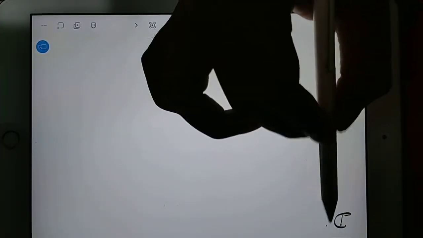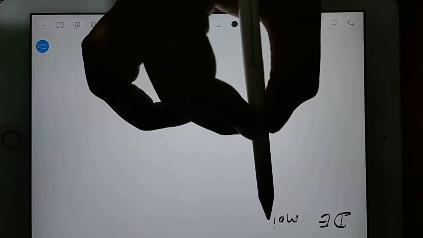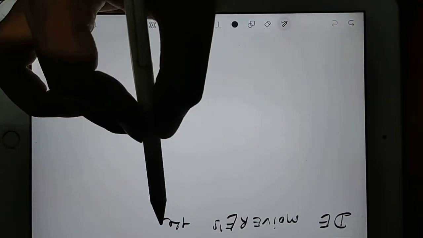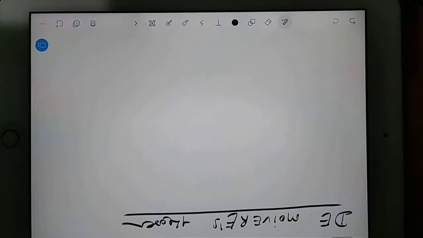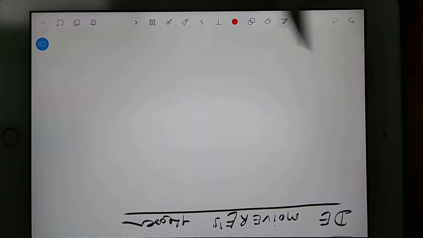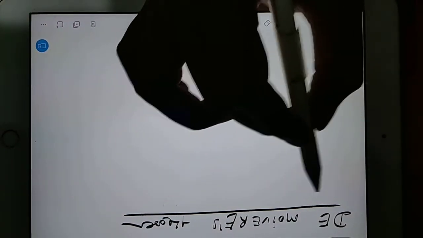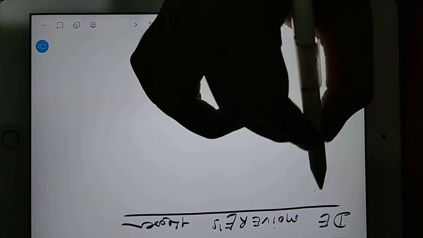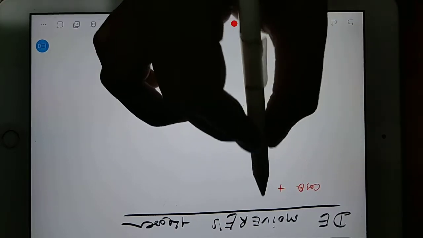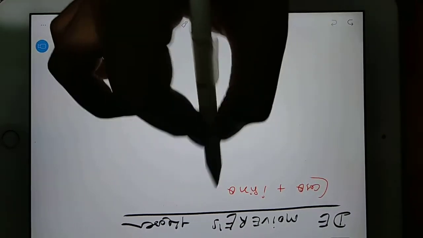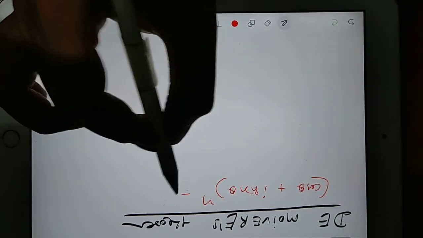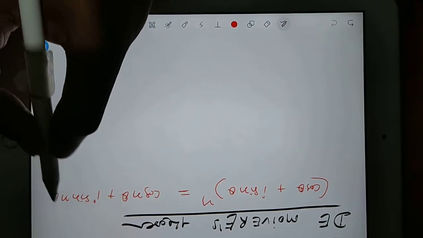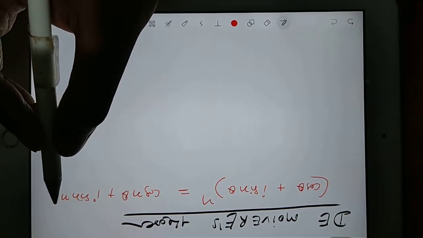Now you go for a very special theorem that we call De Moivre's theorem. Okay. So actually, according to this theorem, cos theta plus I sin theta, if whole power you are getting n, then this you can break as cos n theta plus I sin n theta. We have a proof for this, but no need to go for proof.